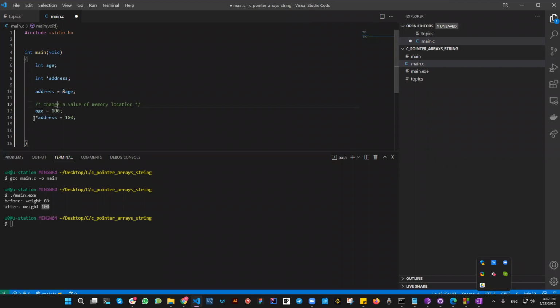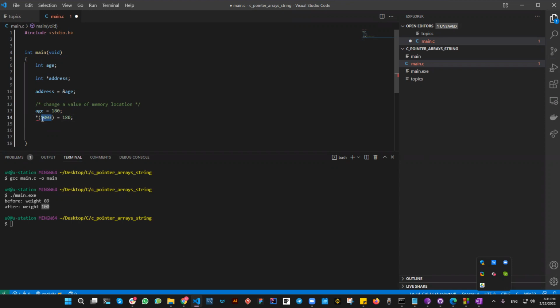But when you type in the asterisk and the name of the variable, you're telling the compiler, for example, let's say the variable address has a value like this. It's not a correct notation, but for you to understand, let's choose a smaller number, a memory location